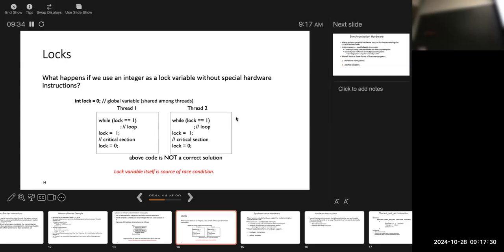So here basically I'm saying: load the value of the lock into register 1, and then check the value. If the value of register 1 is not 0, which means someone has already set the lock equal to 1, then go back and test again, right? But if it is 0, then